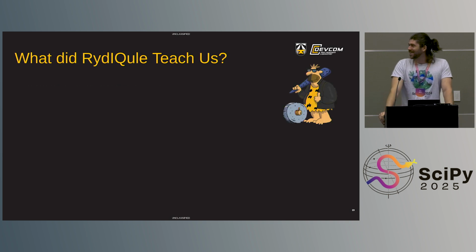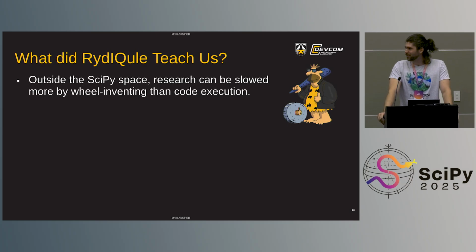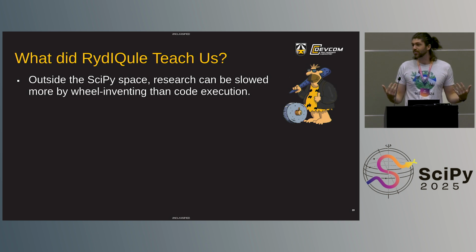So the takeaways here, what did we learn from Rydiqule? Well, first of all, something that is a lot of times overlooked a little bit at a conference like this, where everybody coming here has some investment and interest in scientific Python, is that that's not the case for a lot of people. Sometimes people just want a piece of software that lets them code as little as possible. And outside of the space of really big, computationally impressive fields like your particle physics and your astronomy and your geosciences, where you have terabytes and terabytes of data to sift through,